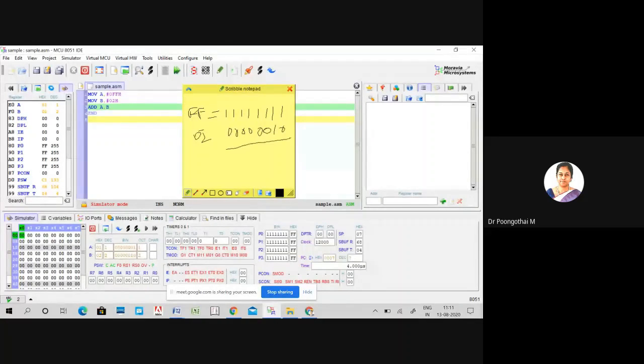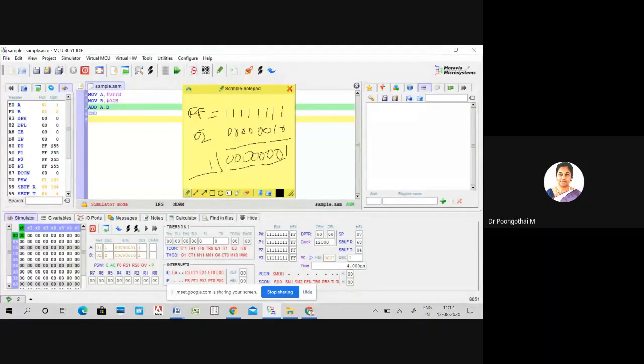So what is the answer? 1, 0, 0, 0, 0, 0, 0, 0, 0 and carry. An additional carry is generated. So your answer is 01.